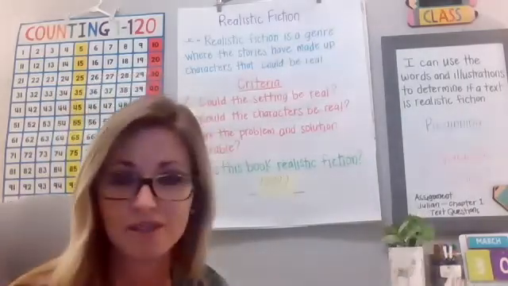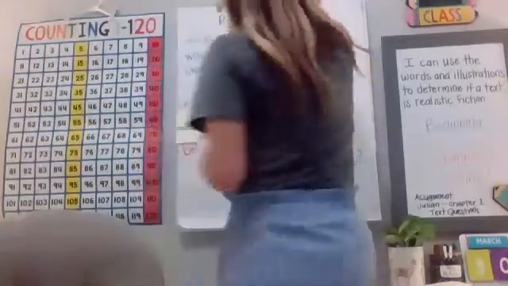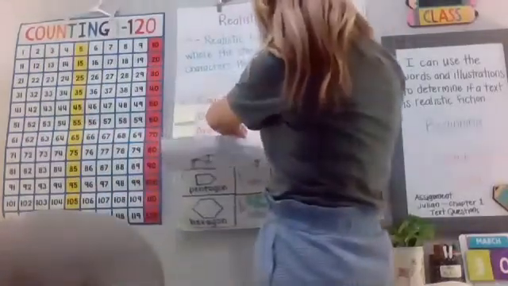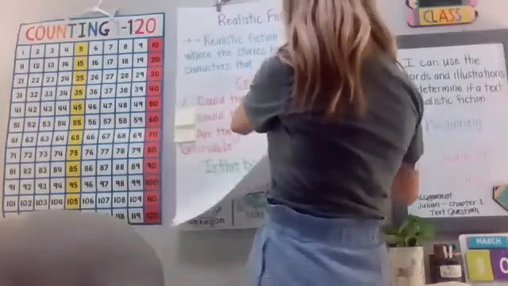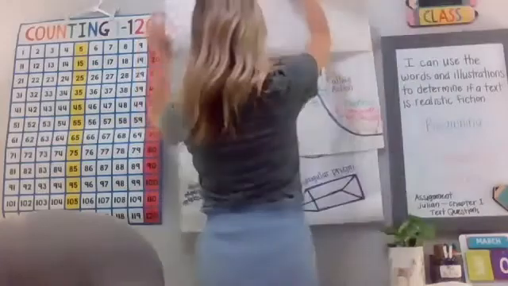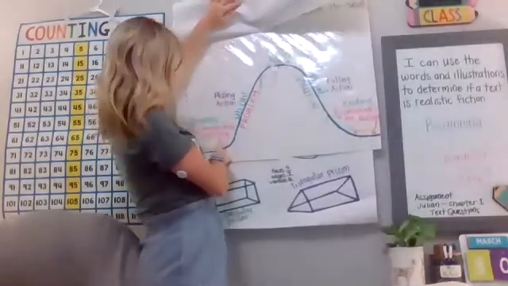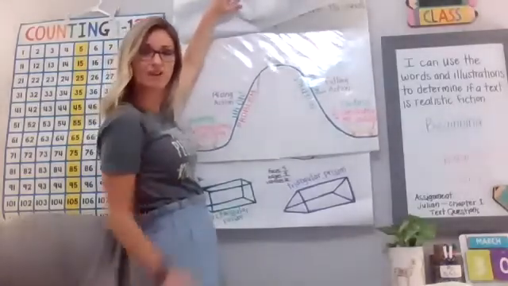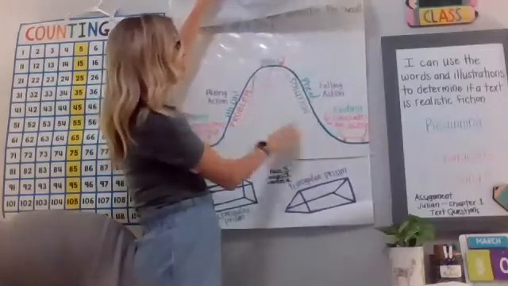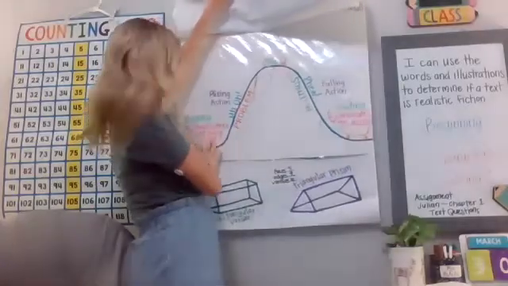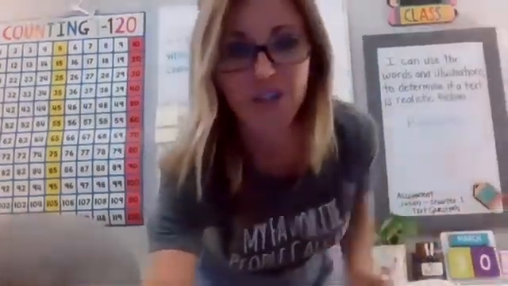So we've already been introduced to some characters. As you know, if we reference back to another anchor chart we used earlier, see if you remember this one. I can find it. Remember, stories take us on a ride? Well, in the beginning, what is introduced? Can you see? That's right. The characters and the setting are always introduced in the beginning of a story. On a typical story arc or story structure, always in the beginning of the story, they're going to introduce us to the characters and the setting. So, thinking about our I can statement, our learning target for